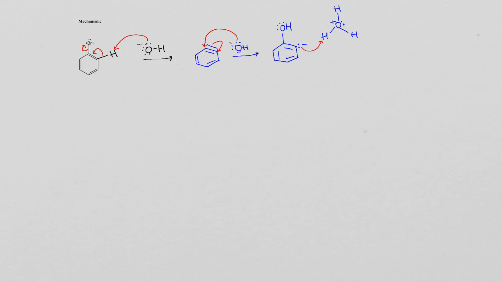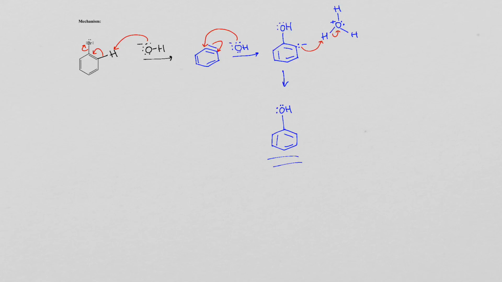So it will come in and be protonated by H3O+. And we get our product, which I will write a nicer OH on the top for you. So we get the same product